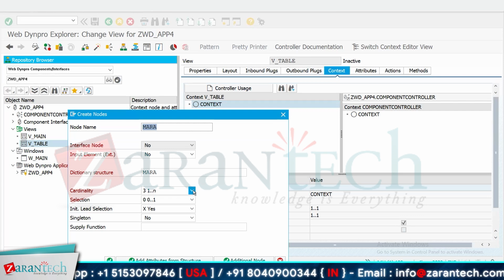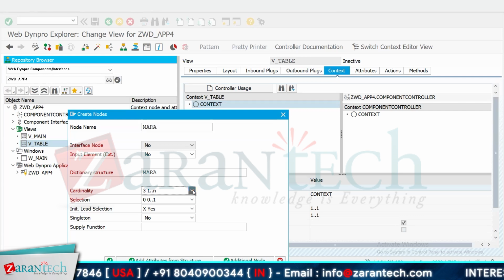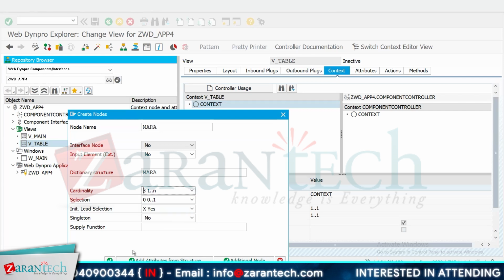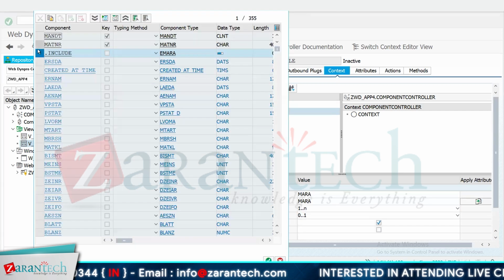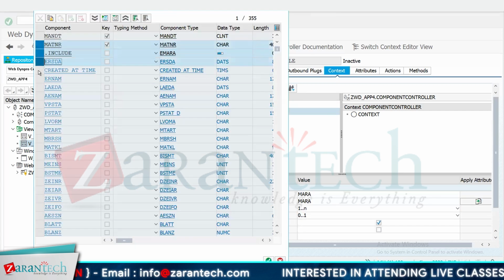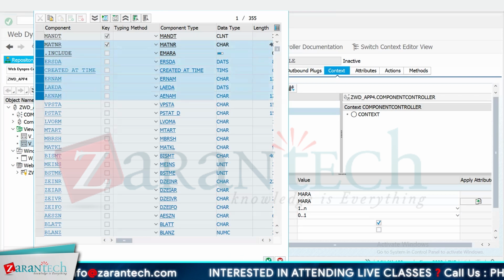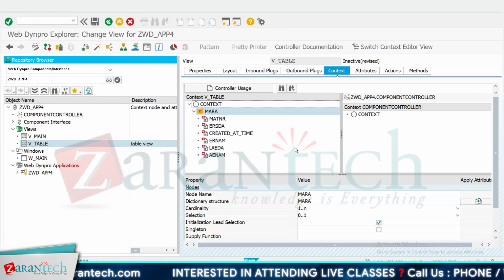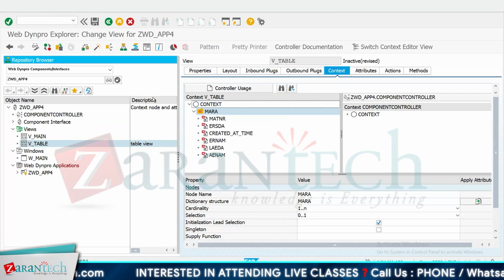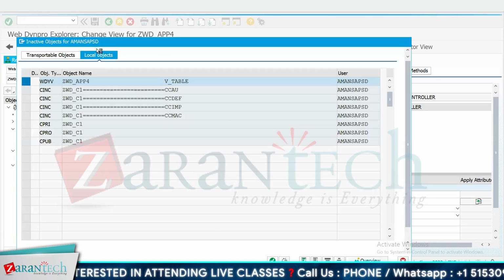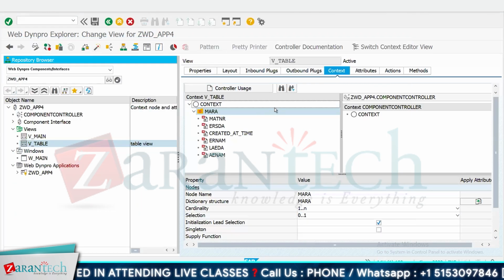And if we are using it as a work area, we can use 0 to 1 or 1 to 1. So we will be using it as an internal table, so I'm selecting it as 1 to n. And let's add attributes from structure. Let's add a few fields. Yeah, that's enough for this, I think. So see, we have created an attribute. Let's save it. We have created a context node, and let's save it and